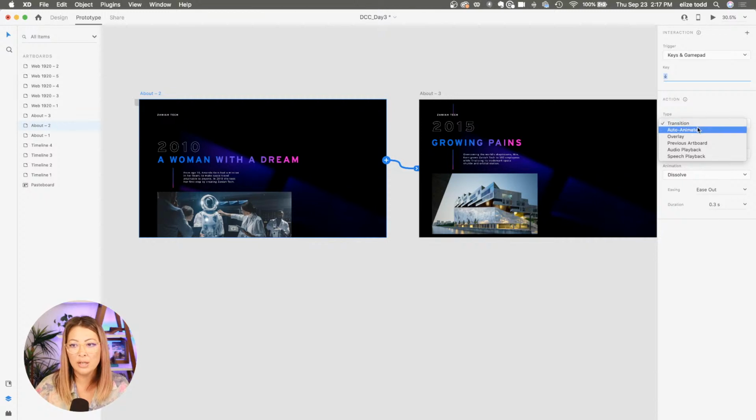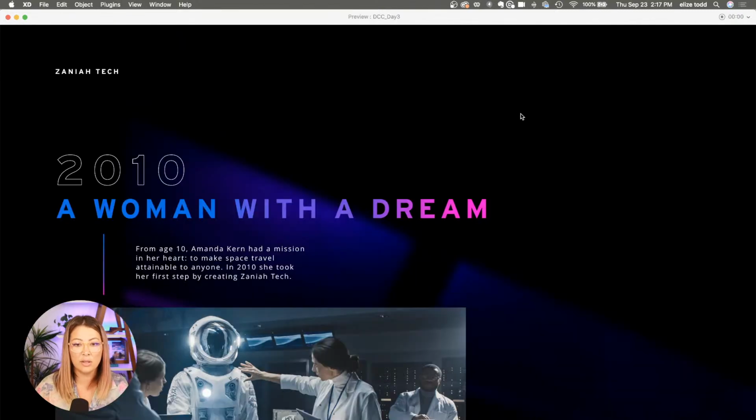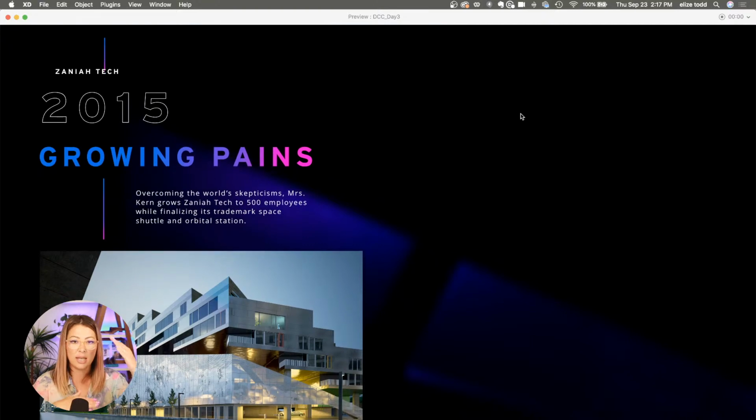The transition is, I'm going to change it to Auto-Animate, and I'm going to have an ease in and ease out, and I'm going to change it to 2 seconds. So from here, I'm going to play it. I'm going to use my keyboard down button, and it just has that movement where it's moving down, right? That little shift. Nothing fancy,